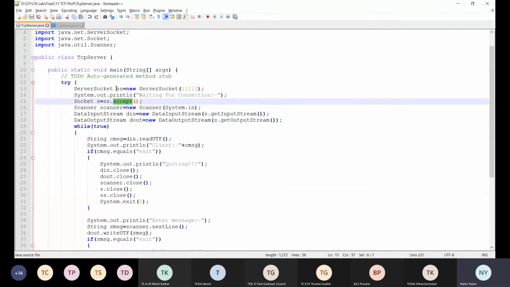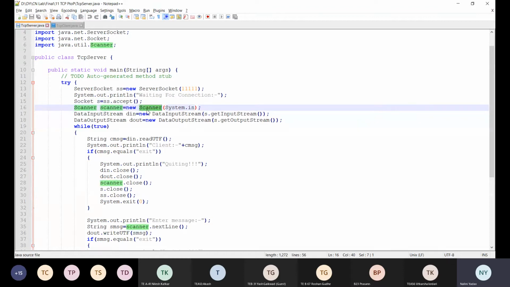After this, I need input from the standard input, that is the keyboard. So I'm opening a Scanner class. I'm creating an object of the Scanner class to accept the input from the standard input device, that is your keyboard. Then the input I get, I'm supposed to transmit across the network using DataInputStream and DataOutputStream.